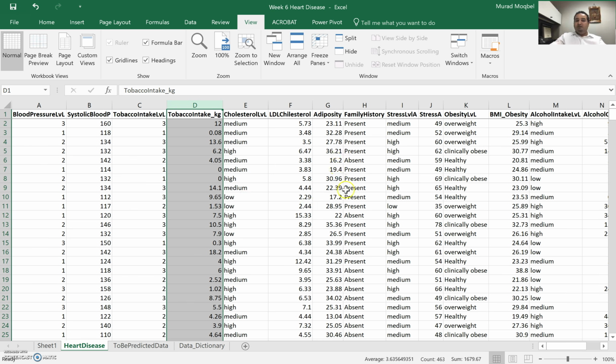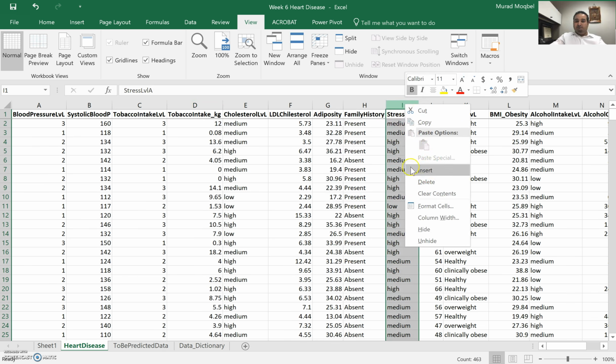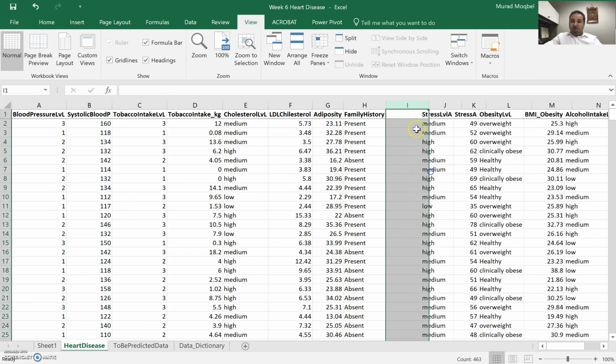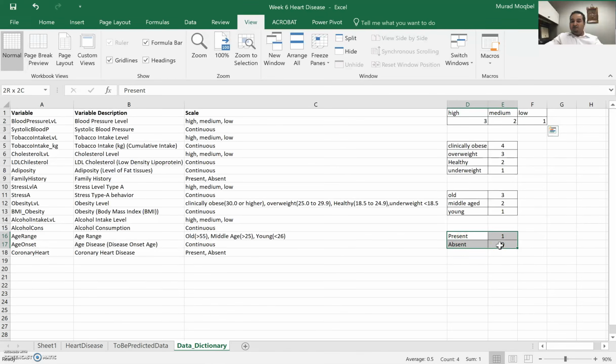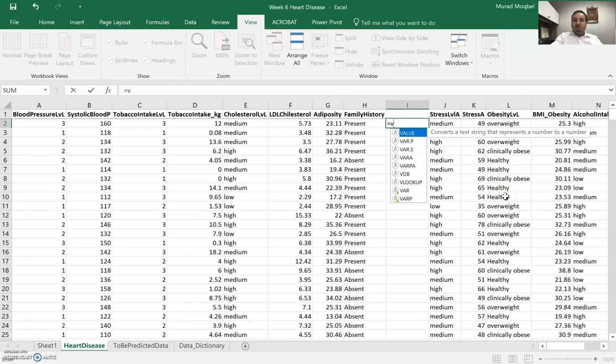versus VLOOKUP. So for VLOOKUP, let's do this example here. I will let you do the rest, but I will just show you how we have learned about those. So I will do the presence versus absence. It is a vertical array. So what I can do is I will just say equals VLOOKUP,